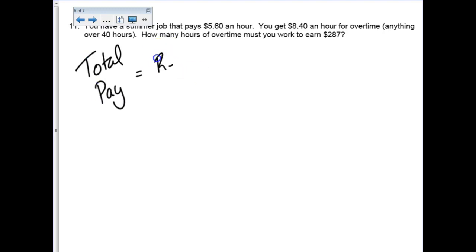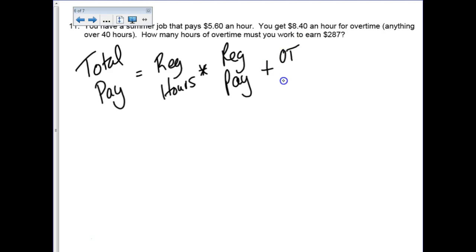So then she's got her regular hours, and we're going to multiply that by what we call her regular pay. So she gets a certain pay for her regular hours. However, then she gets overtime hours. So her overtime hours times her overtime pay. And that's going to be her total paycheck. All right, total paycheck. I want